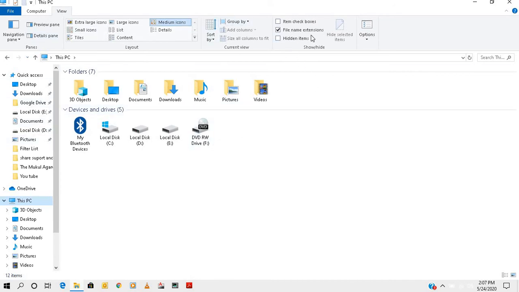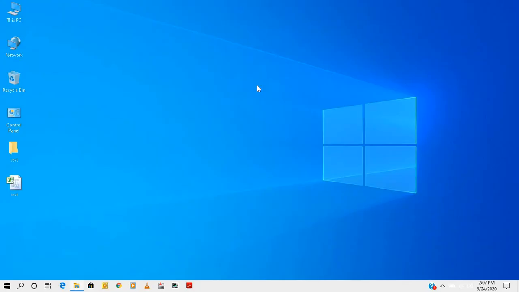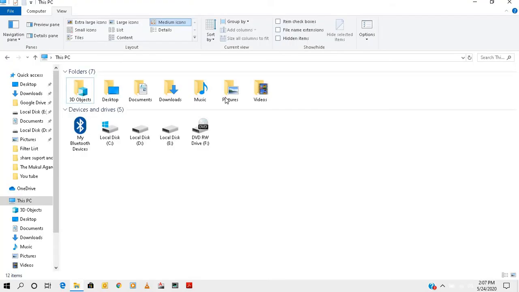Then we have here File name extensions. If you check here, it will now show the extension. So friends, it is basically file name extensions. If you are using Windows 7 right now, you will get it under View, and then there is a menu. Just drag down and you will find this tab, file name extensions. So from Windows 7 also you can use it. This is Windows 10, so in Windows 10 they have given it here only.